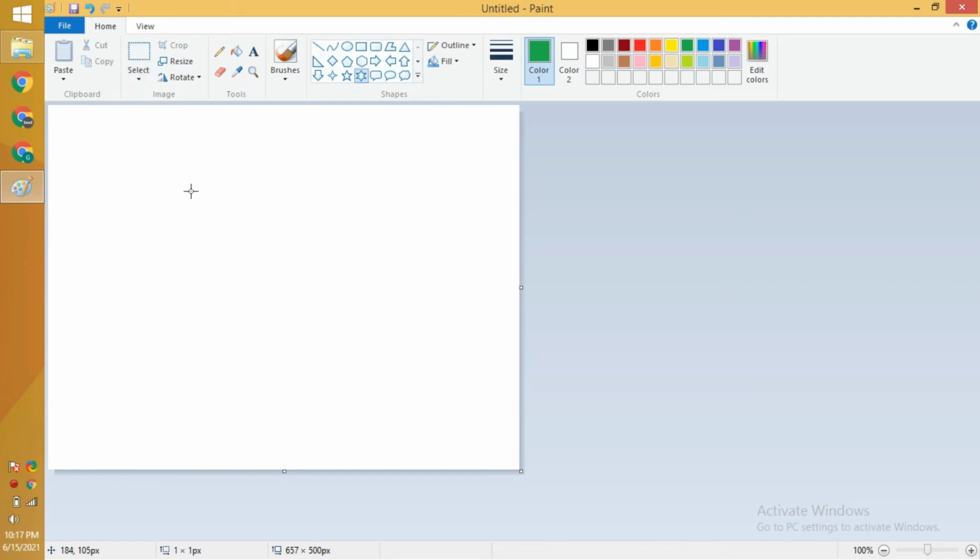And another basic thing that I want to show you, here are some basic shapes that you can use. I want to draw a star and I can use this one. I can fill in some color. Here is the fill tool. I will select the color which I want to pick and I will click here. You can see it is looking very beautiful.